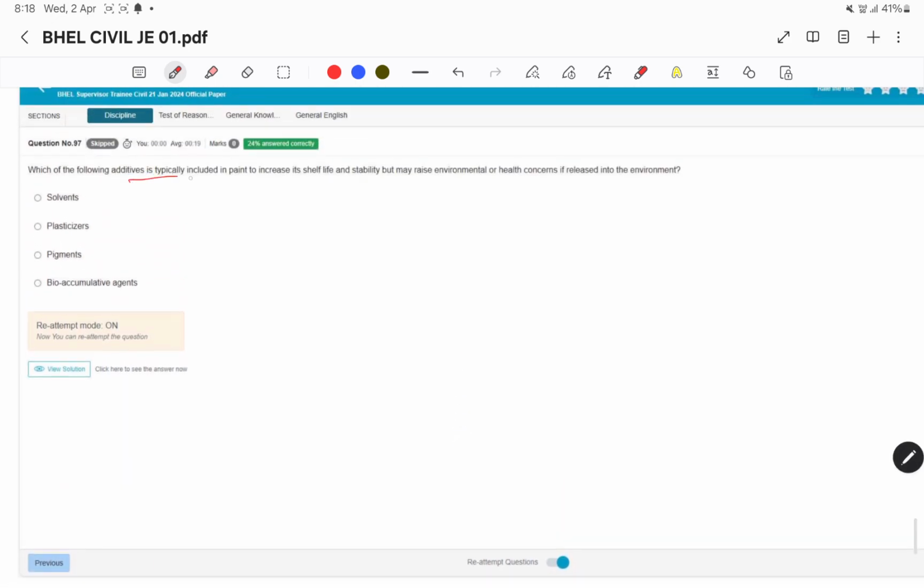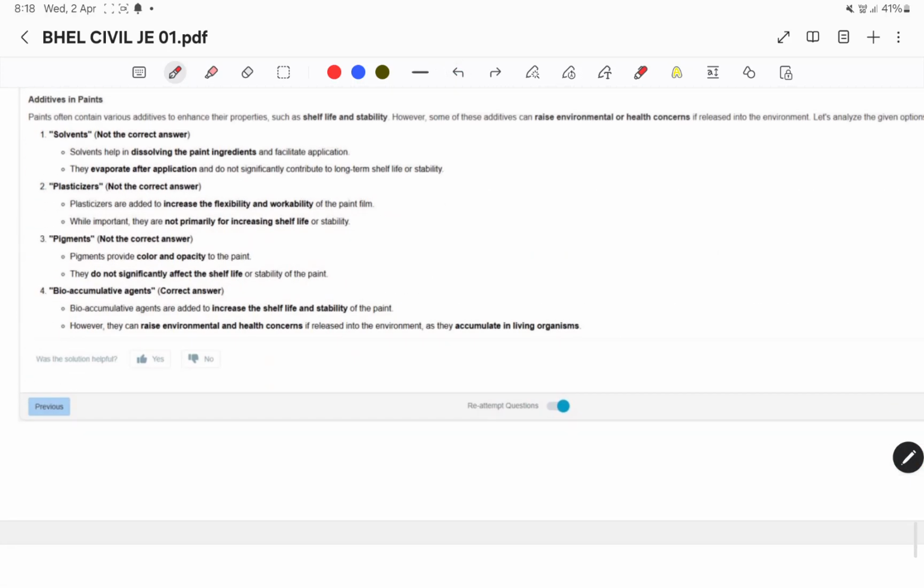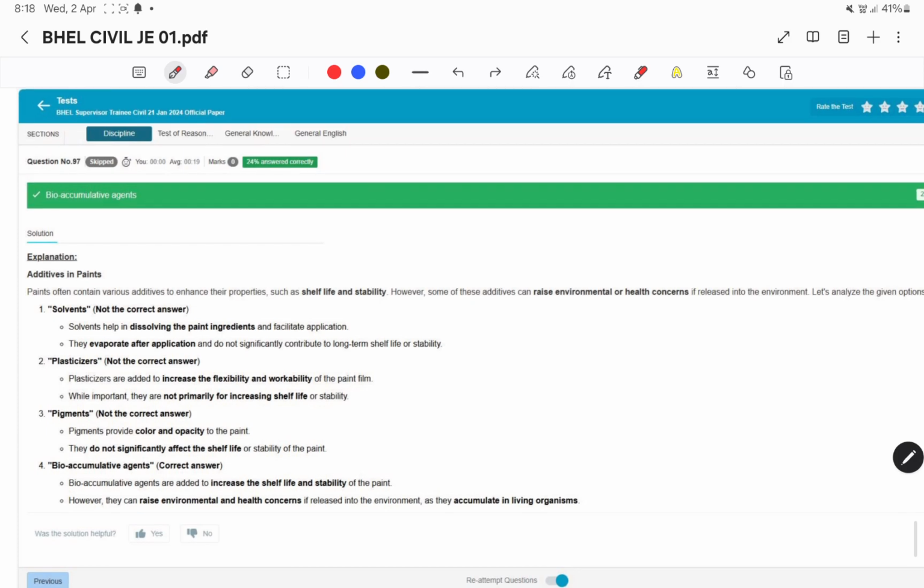Which of the following additives is typically introduced in paint to increase the shelf life and stability, but may raise environmental or health concerns if released into the environment? ये हो जाएंगे बायो accumulative agents। Bioaccumulative agents।